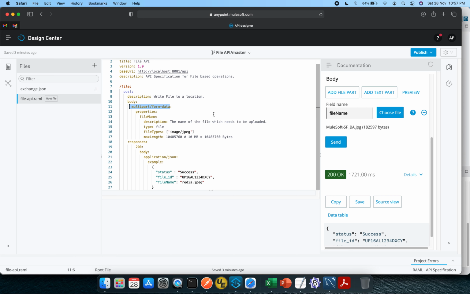A successful 200 response will give a JSON payload with the status, the ID, which can be any unique identifier, not necessarily the exact name, it could be a correlation ID sort of thing, and apart from that, a file name. This file name is basically the same file which you want to upload or work with during your flow. So this is about it.